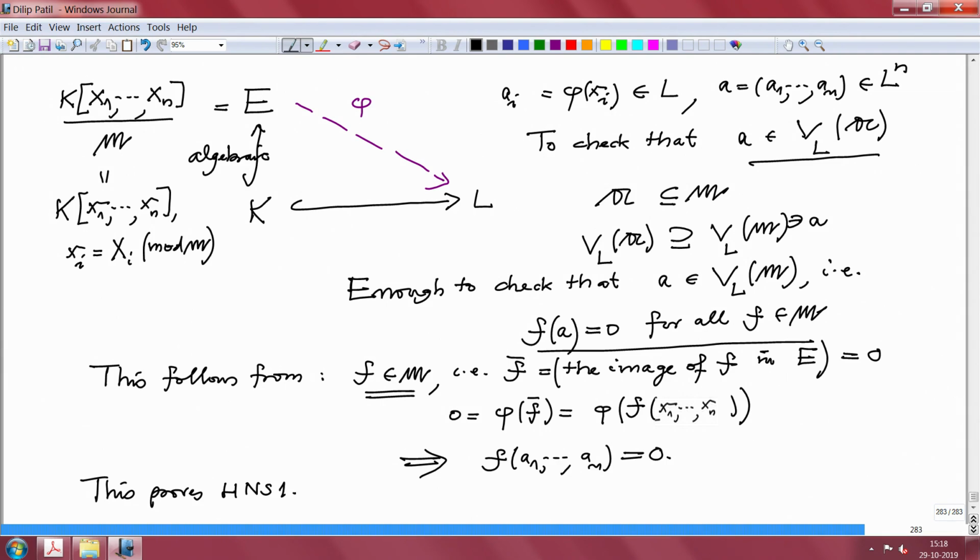So, with this now we are only left to prove HNS 3, and of course one can prove any one of them, either HNS 1 or HNS 2 or HNS 3, and then they will all be true because we have proved their equivalence, and I will choose to prove HNS 3 because it is the simplest to prove. Well, one can also prove HNS 1. HNS 1 is the next simplest to prove, and HNS 3 is the strongest result. So, it will be more difficult to prove, but this equivalence shows that we do not have to prove that.